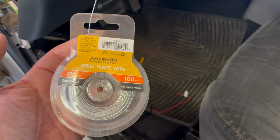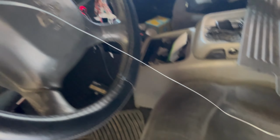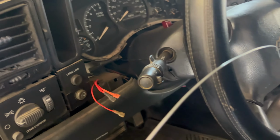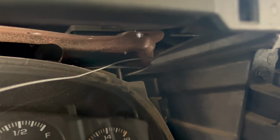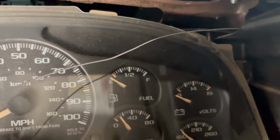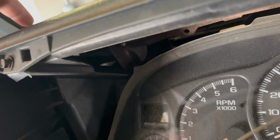I have this fence wire laying around, so this is what I'm gonna use. I just measured out the length from the radio to the side over here, and then I'm gonna cut it, and I'm gonna use this to fish the wires through. So you can actually just go right over the gauge cluster from the radio here. I'm gonna go over the cluster and then come out on that side where the pillar is, right over here,